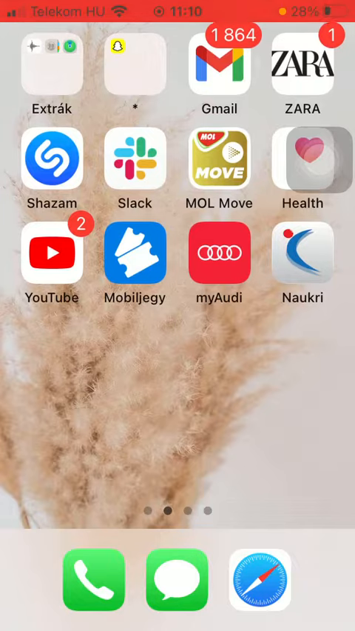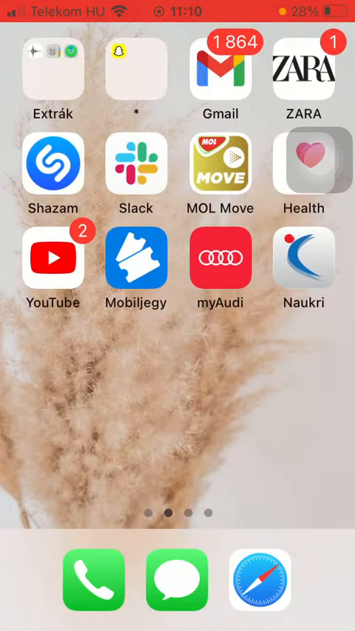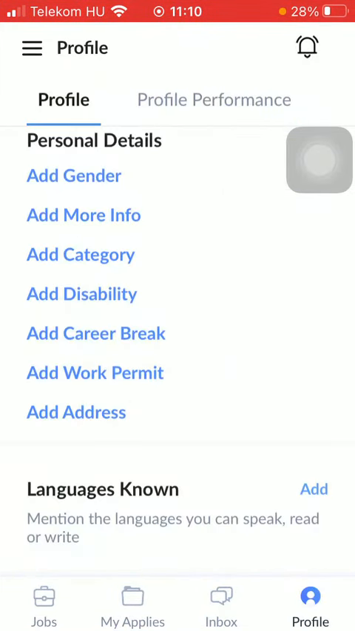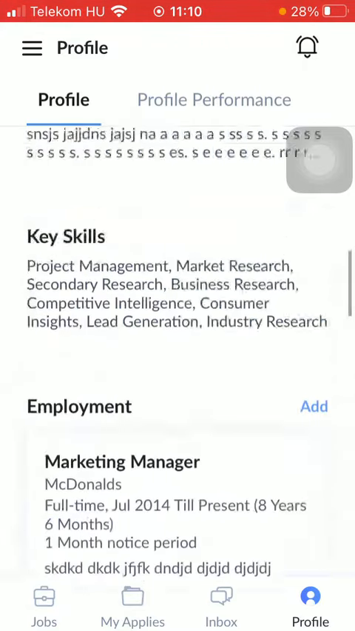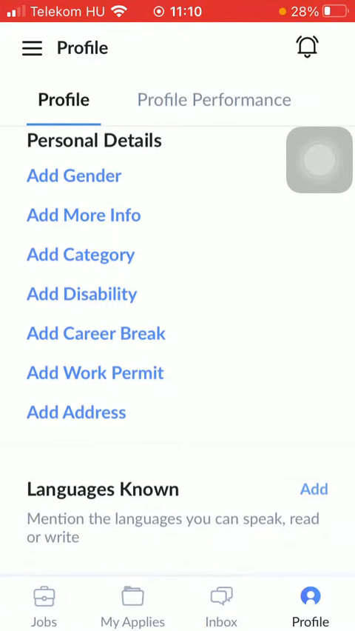Now let's jump into it. First of all, open the application on your phone. Then tap on the profile button down below on the right side corner of the screen. Then tap on profile at the top and scroll down to the languages known section at the bottom of the